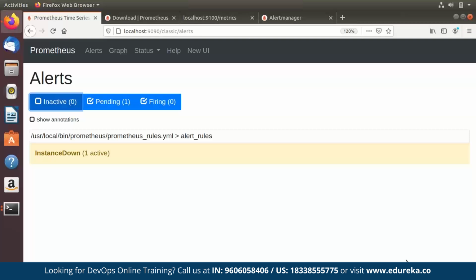Here, it's going to alert the manager. That is me currently. I will receive the mail saying that one of the instances is down and it's a critical alert that you will have to address immediately. Okay. So that's how it really works. Now let's reload the page and you can see that after a minute it's entered the firing state. Okay, and there are none in pending state. So it was in pending state for a minute and then it moved to the firing state.